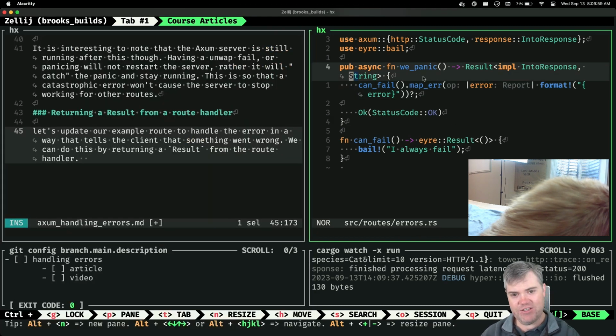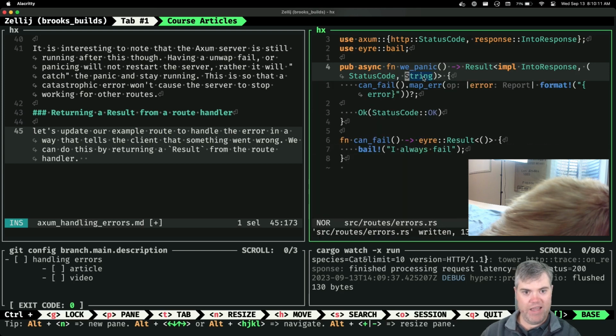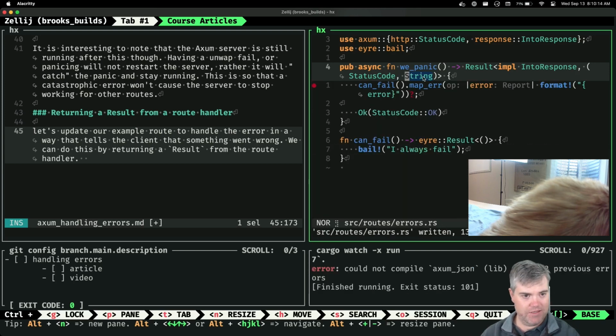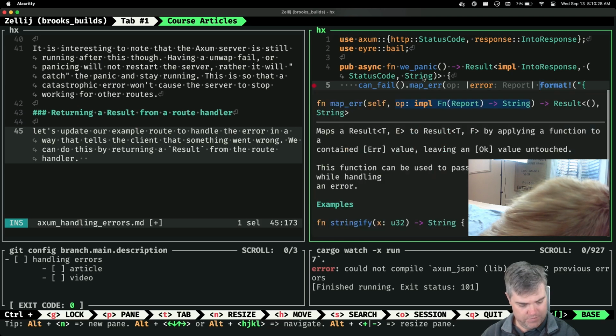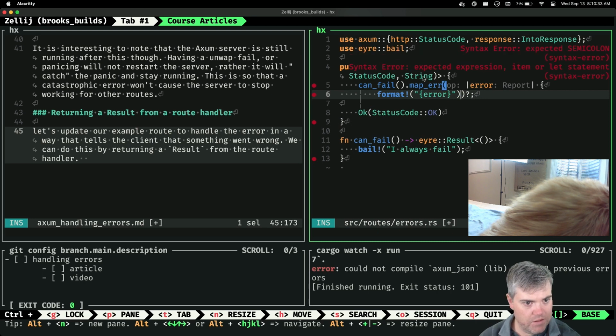So then I can't actually do that. We have to do the tuple type with the message like that. Oh, that sucks. So then format. Okay, so can error format.